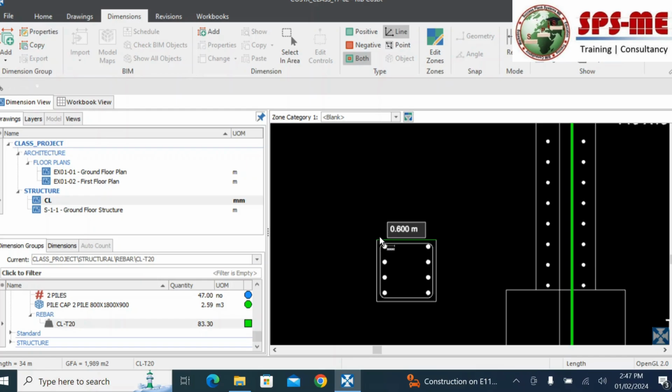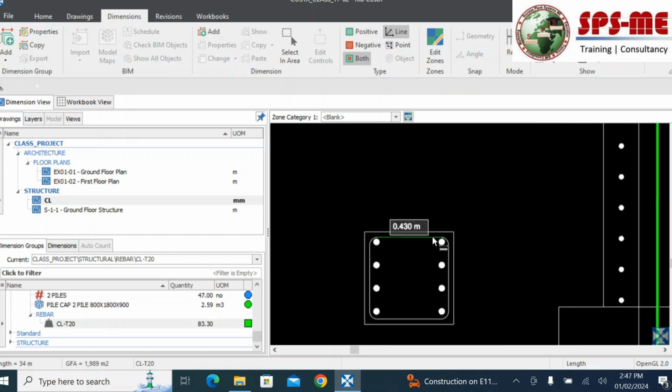So in this case, how can we take it? This is also, you need to take its length, but we know that if you want to bend the bar something like that, we will be having an extra length here and here. So how can we take this one? So anyway, we'll go to create another dimension, and you can click here, add,